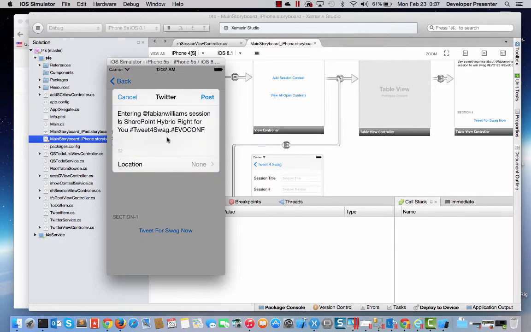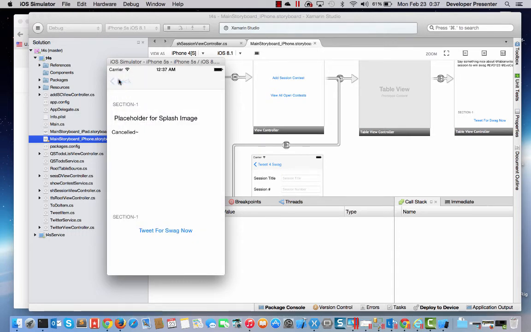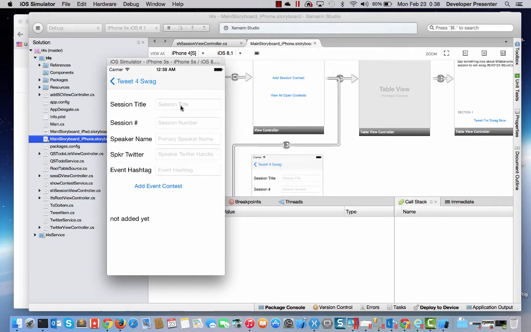You can click on this item here. It pre-populates that information for you, and you can go ahead and click that post, but we won't. We'll actually do another one for that. So let's go ahead and actually do an add session, and let's come here and say a puppy's life, and the session number is Dog Show 101. Speaker name is Alice Terrier, and the speaker Twitter is at ALICETERRIER. If you're wondering, that is actually my dog, and yes, she does have a Twitter handle, and the hashtag